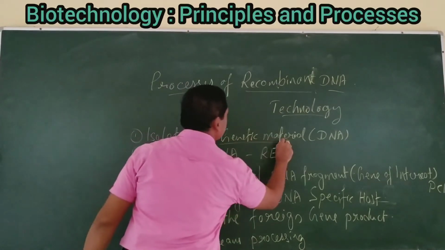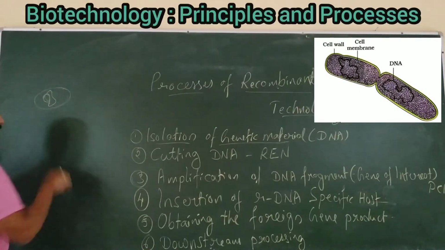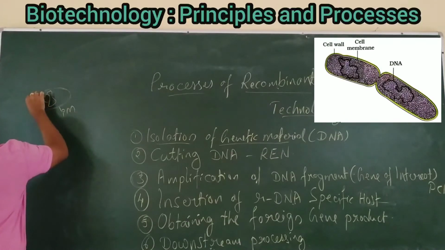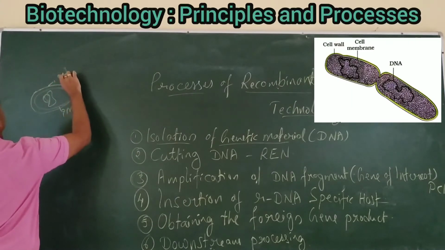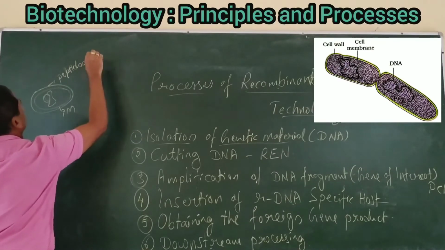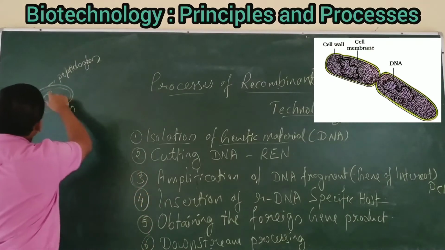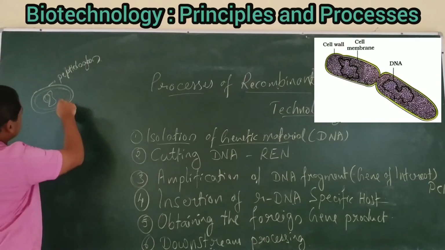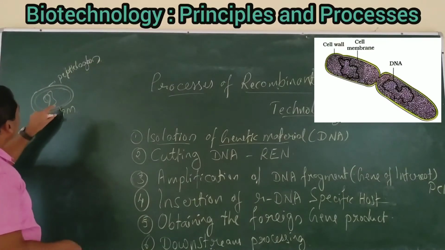So this DNA that is present in a bacterial cell is surrounded by a plasma membrane. It is also surrounded by a cell wall made up of peptidoglycan. We have to break these two walls, the plasma membrane and cell wall, to isolate the DNA. There is no nuclear membrane. We have to use enzymes to degrade the wall or the plasma membrane if it is a bacterial cell.